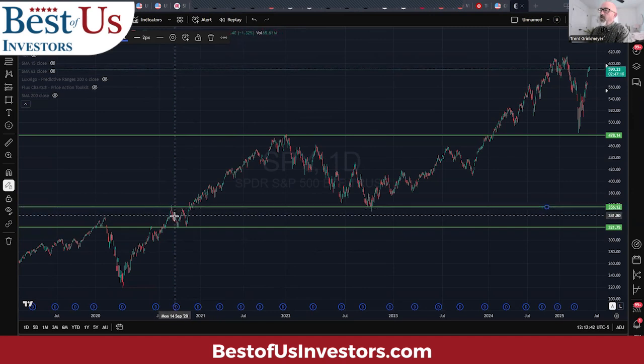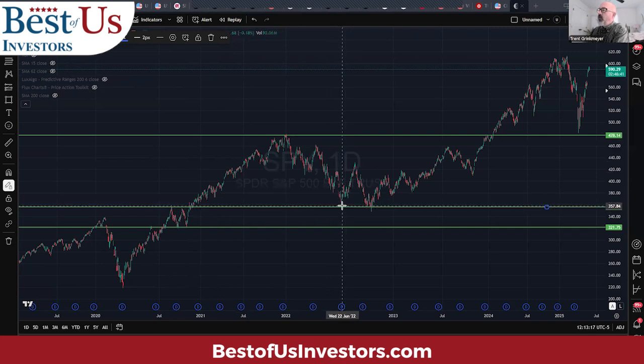Market went up, it closed lower, tested support here in September of 2020, tried again in October of 2020, got denied, went back, tested support in October of 2020, moved higher, and eventually broke through it in November of 2020. That's over a 3-month period of time that this whole process happened. But what it tells you is this is a solid base of resistance, but once it broke through, it became